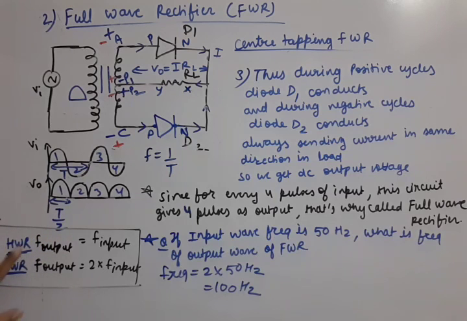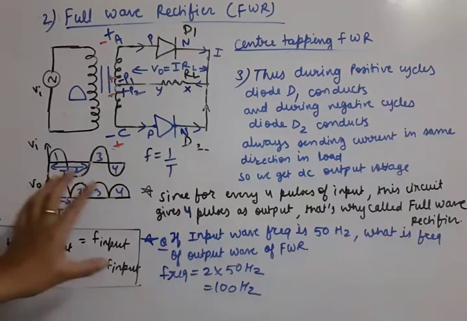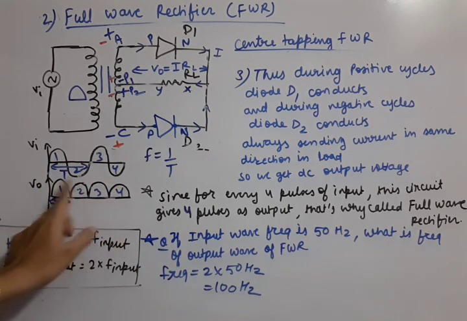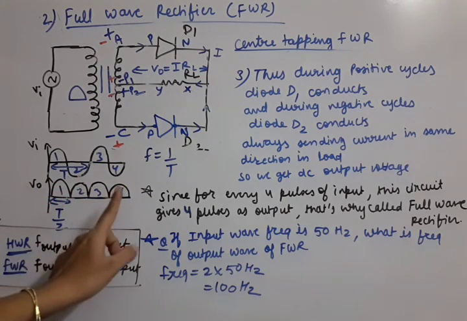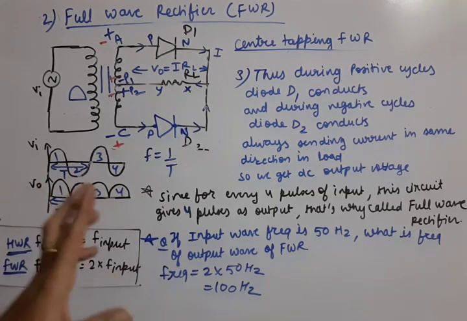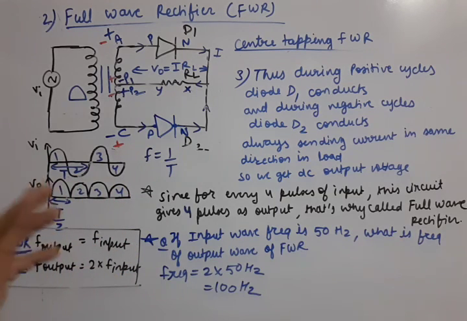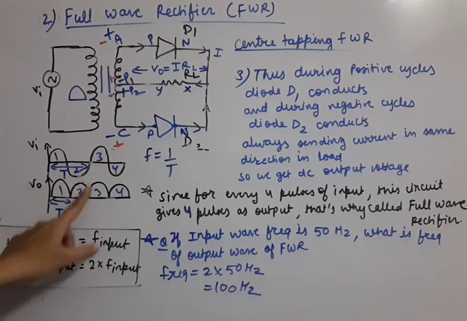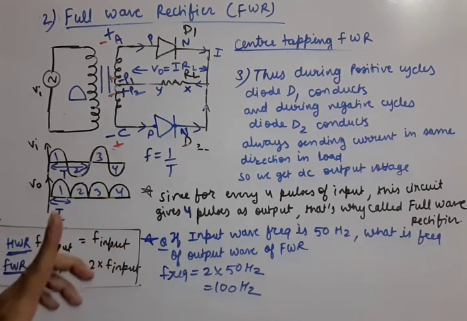Okay. So for half wave and full wave, there is a change in the frequency of output. We have seen in rectifier circuits that we are getting only a DC, but it is pulsating DC. It is not perfect DC. So there will be one more circuit which will be discussed with you, that will be filter circuit, which will make it perfect DC. So next will be that topic. Okay.